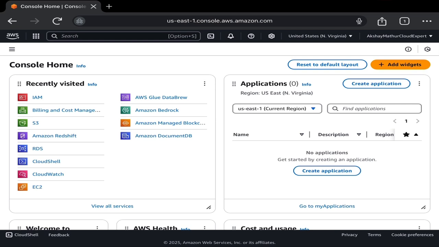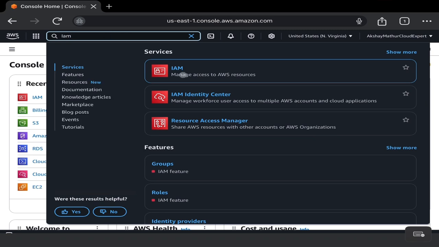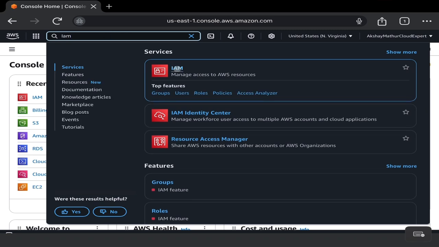So let's get started with how you can create IAM users. Go to the search and search IAM, and open this IAM in a new tab.